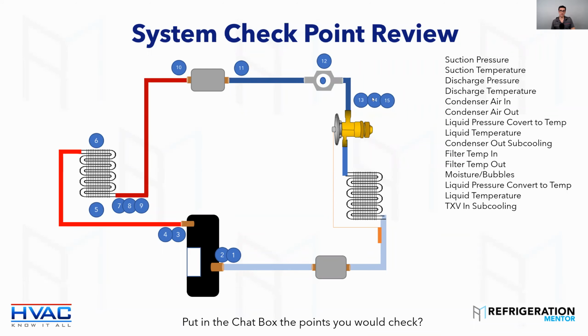Subcooling at the inlet of the TX valve, if you can check it. I know a lot of times you can't, but at the outlet of the condenser, subcooling, inlet of the TX valve or the metering device, subcooling, or at least check the temperature there, because there should be really no temperature drop there. If you got a 5-degree temperature drop from the outlet of your condenser to the inlet of your metering device, something's going on. You got to figure that stuff out. Why is that happening? Where's it picking up that heat?